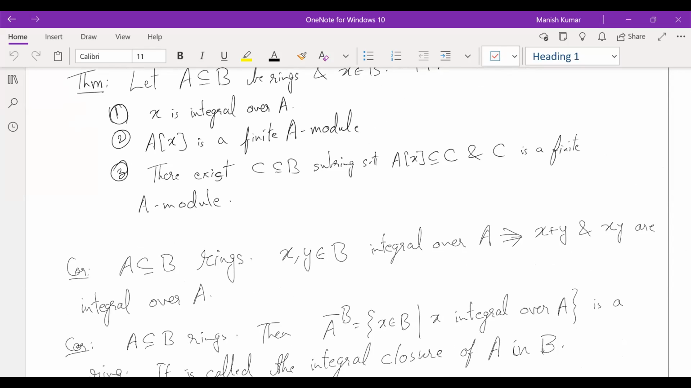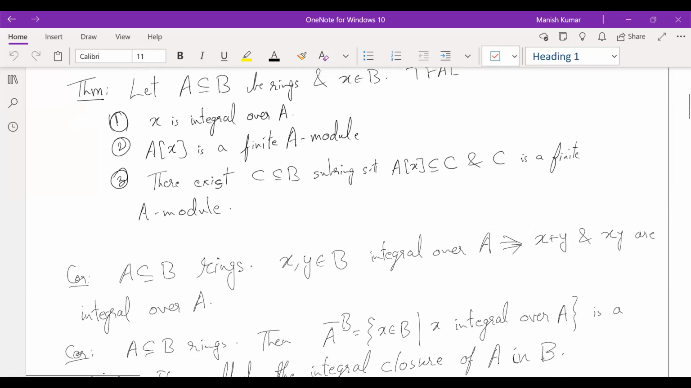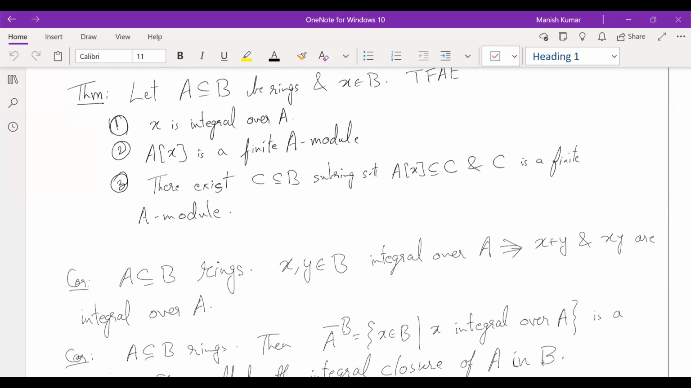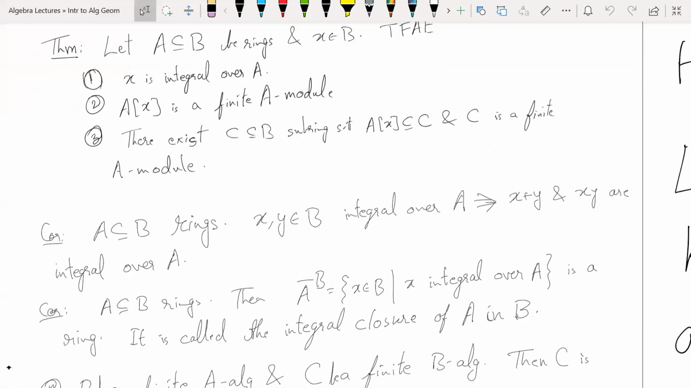Okay, so it's closed under addition. The set of integral elements over A in some ring is closed under addition and multiplication. So how does this corollary follow? Maybe it's a one-line proof, so I didn't write it here. Okay, so the proof is,